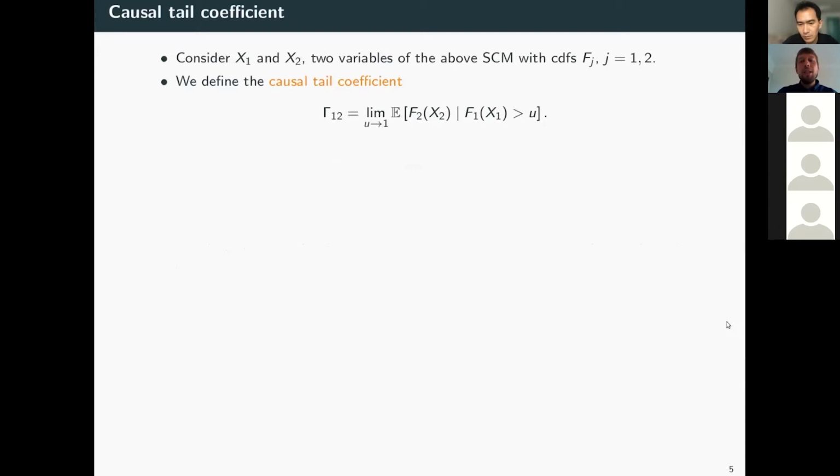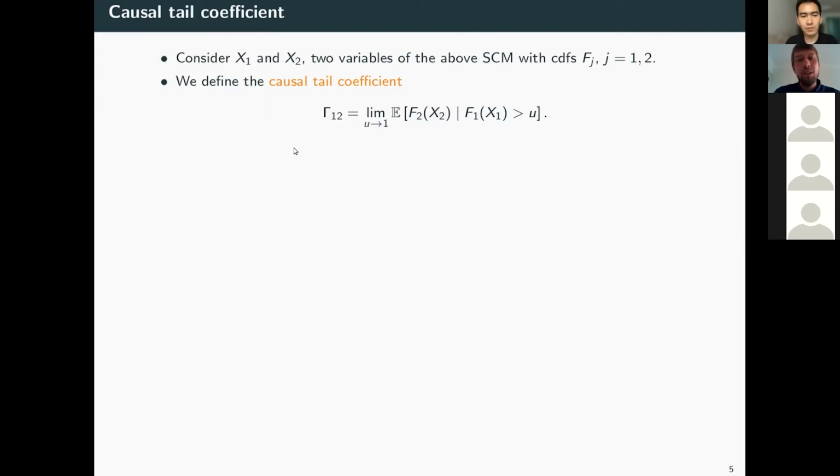Okay, now let us first, we kind of want to use now the extreme values in this structural causal model to identify the causal order. And let's first look at just two variables and see how we can do this. So we want to define a coefficient called the causal tail coefficient and use the asymmetry in this coefficient to